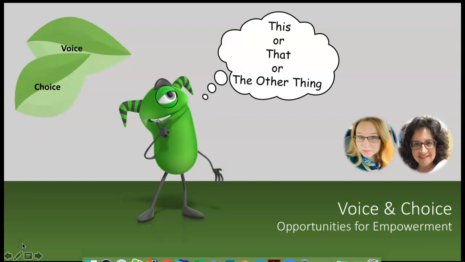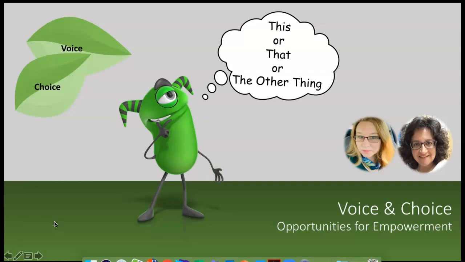Again, that's a perfect example back to our workplace, right, Wendy? When we're not given voice and choice, when decisions and initiatives happen without us understanding that they're coming, or we don't have input into them, or choice about how they're rolled out, it can really impact our own engagement in those initiatives.